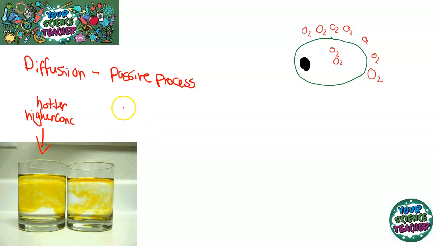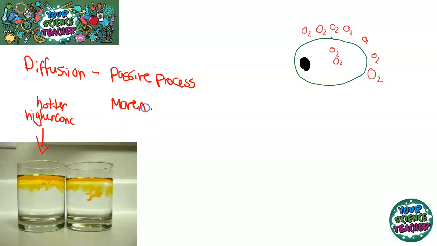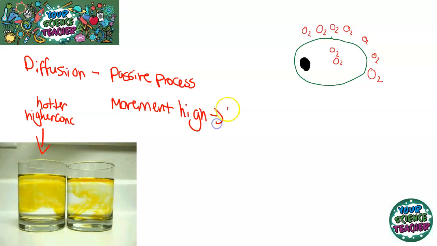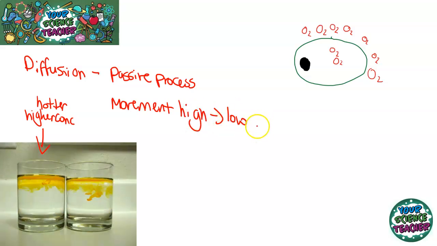Now, how does diffusion work in cells? So we've said that it's the movement from a high to a low concentration, and the fact that it doesn't require energy. But how does that apply to cells, basically? Let's look at this oxygen